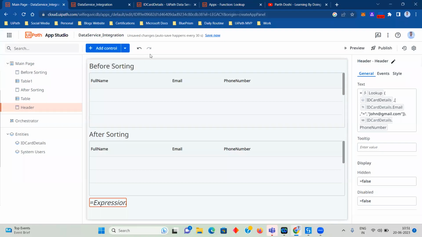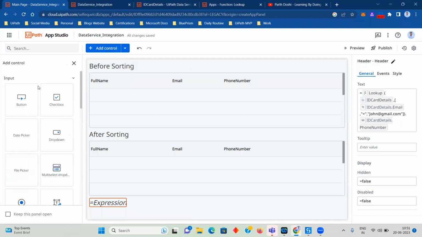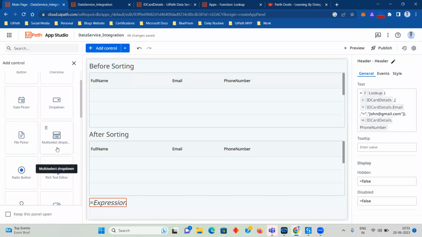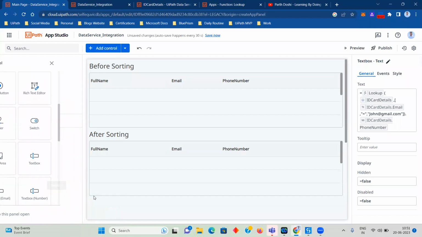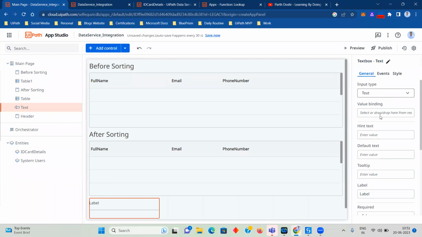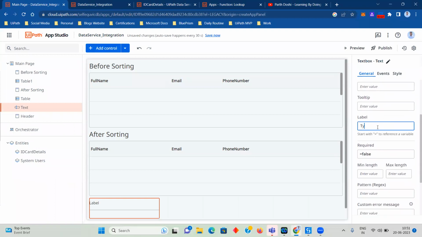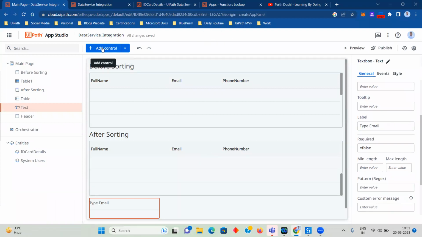Now, one question that arose to me when I was learning this topic is, how can I make this thing dynamic? Let's suppose a user is typing an email in a text box, and then how can I search based on that? So what you can do is you can use a text box. You can write over here, type email, and then